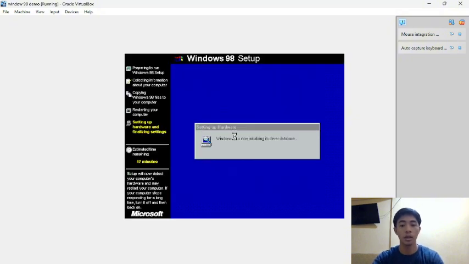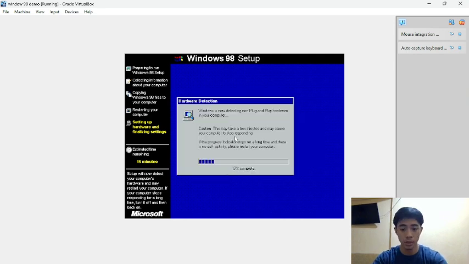Then we will set up the hardware. We will just wait the Windows.